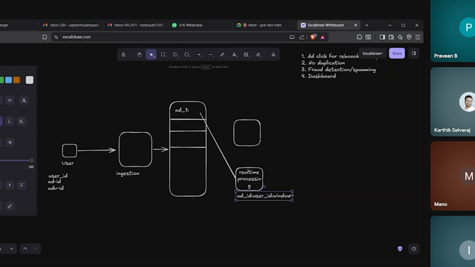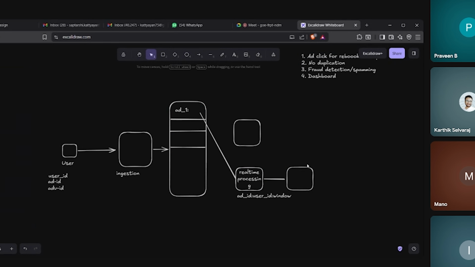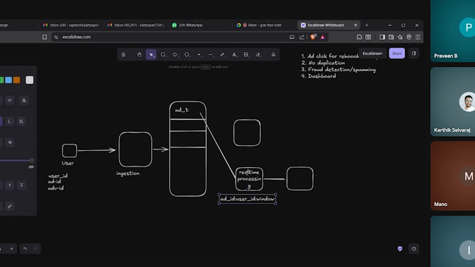After this click is present over here, we need to get the dashboard. So we can have another small service that it will talk to. It could receive all these click events, the processed click events.